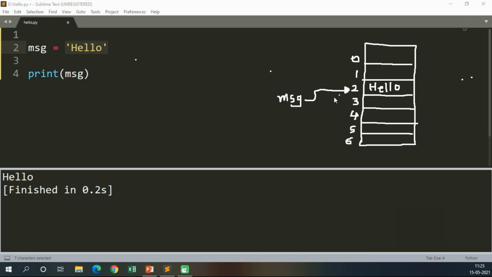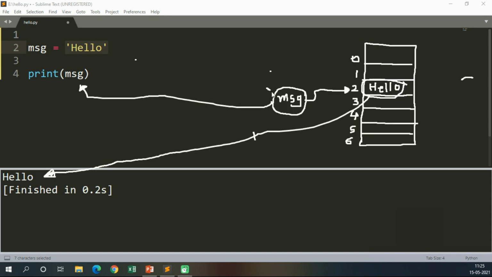And whenever we are passing message to the print function, the content of message, which is hello, gets printed. Now we know the variables are nothing but reserved memory locations.